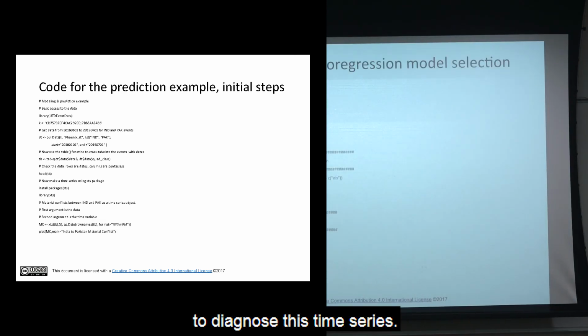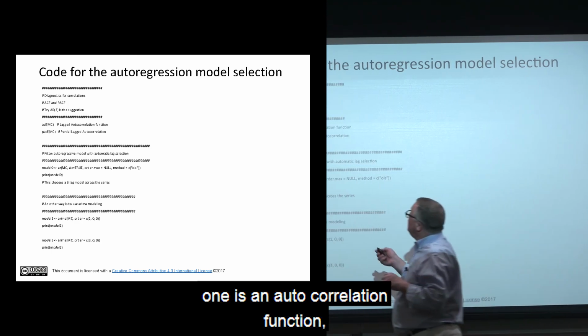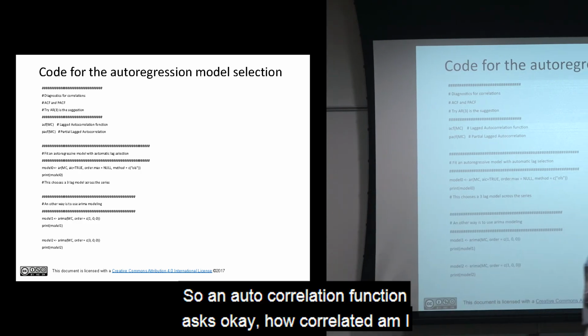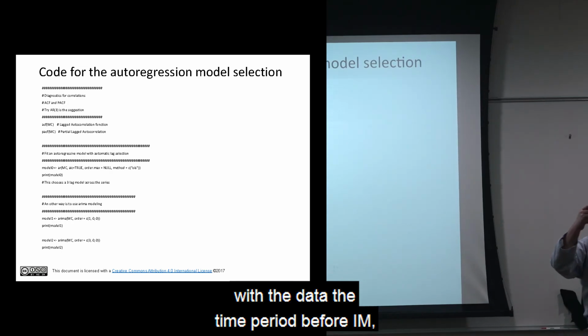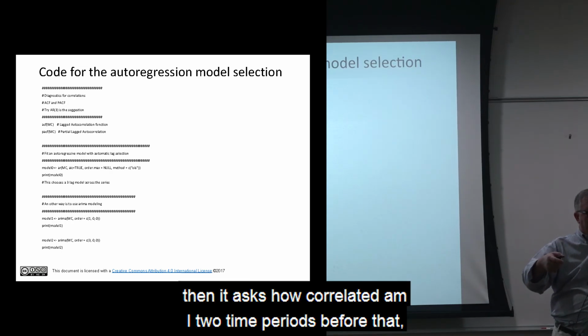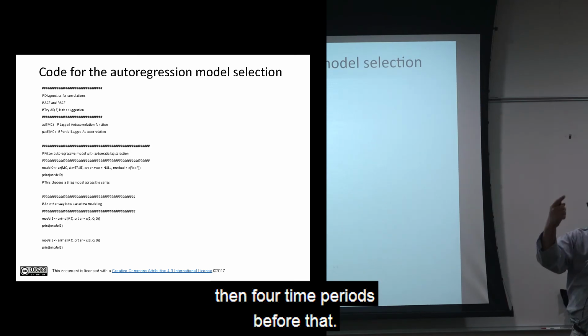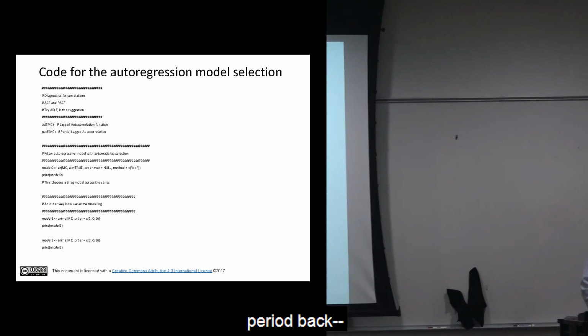So once we've gotten that, we then need to diagnose this time series. There are 2 ways we do this. One is an autocorrelation function. The other is a partial autocorrelation function. An autocorrelation function asks, okay, how correlated am I with the data the time period before? Then it asks how correlated am I 2 time periods before that, then 3 time periods before that, then 4 time periods before that. So data that are correlated, say, only 1 time period back,